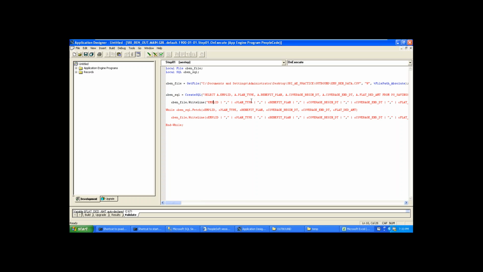Here simply I'm writing a heading like this. Headings are static, that's why I'm using these double quotes. Coverage begin date, coverage end date.